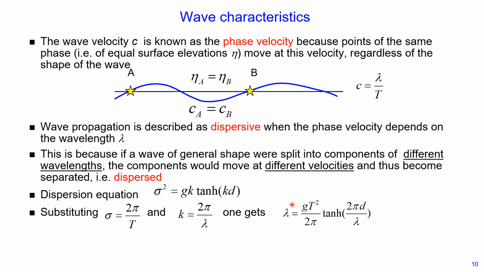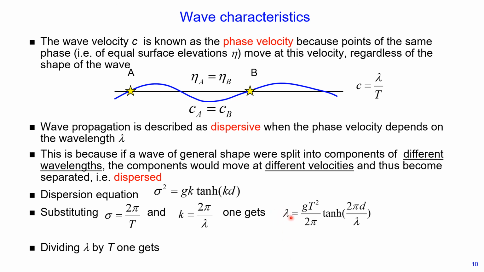As you can see in this equation, lambda is on both sides, on the left hand side and on the right hand side. So to solve this equation we would need to use iteration methods, or for example we can use the solver function in Excel. If we divide both sides of this equation by wave period,